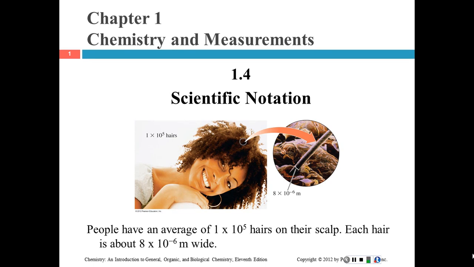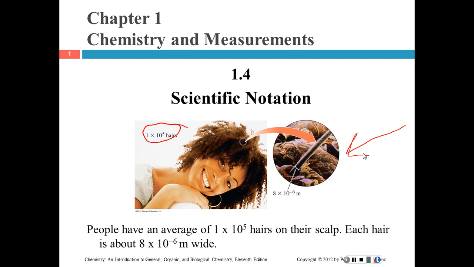We use scientific notation, which we have in this form here: 1 times 10 to the whatever power, because we measure things that are really small sometimes, like a human hair, or sometimes things that are really big. And so instead of having those big long numbers that take up the whole page, that people would lose count of how many zeros there were and all that, we use scientific notation because it's a lot easier